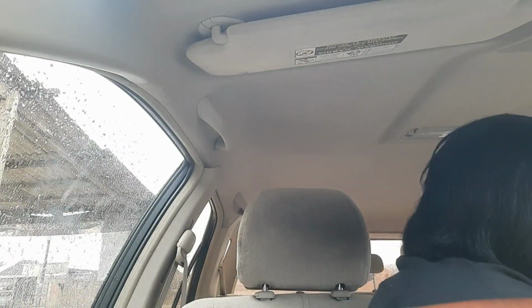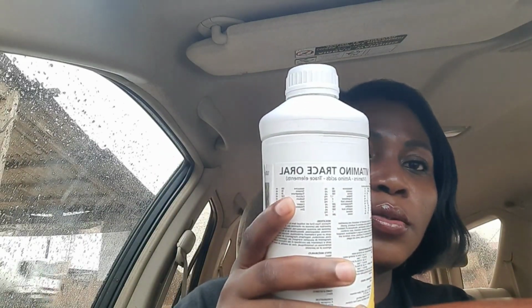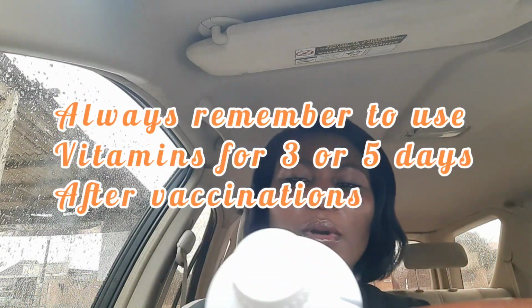So the vaccine is here, and I also got 2 bottles of Vitamino. This is the Vitamino we use at the farm. The last time I bought this, and it was just 3 weeks ago, it was 6,500 naira. Now each bottle costs 7,500 naira. I got 2. We don't know where we're going in this country, but anyways, let's head to the farm